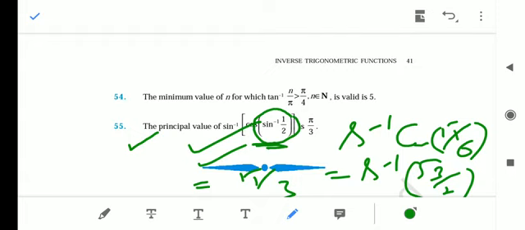So we are coming to an end of inverse trigonometric functions. We have solved a few questions of NCERT problems, exemplar problems, and objective type. We have also undergone an online assessment. Now one more online assessment is awaiting you. Soon you will get that online assessment, and in that assessment you will have questions from chapter 1, that is relations and functions, as well as inverse trigonometric functions. I hope that you are preparing these two chapters thoroughly.